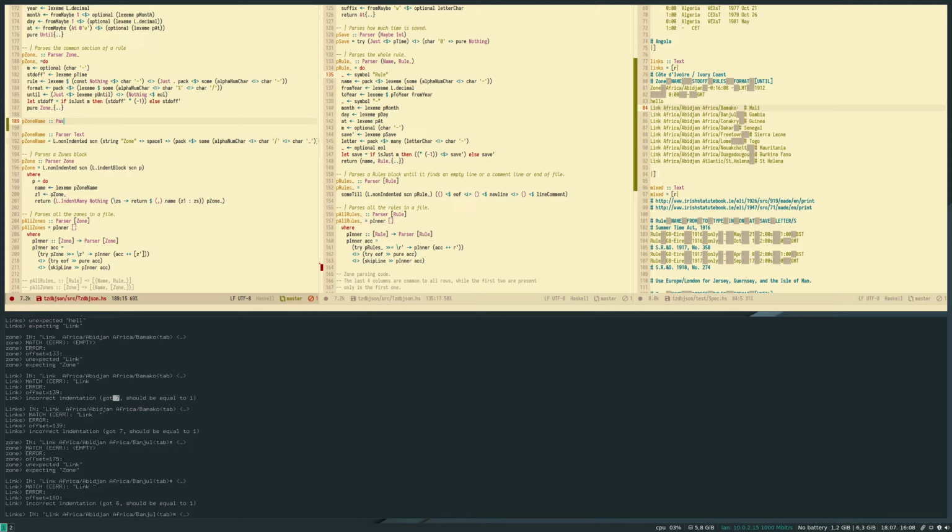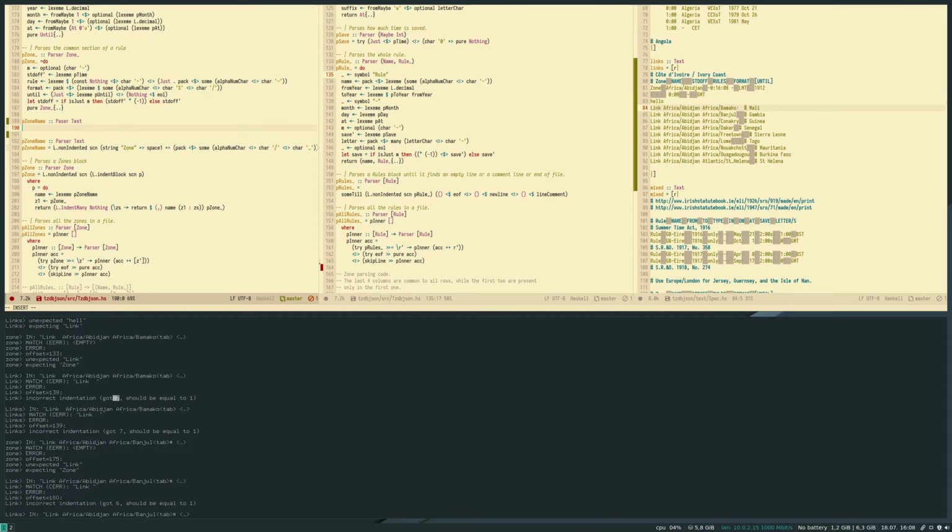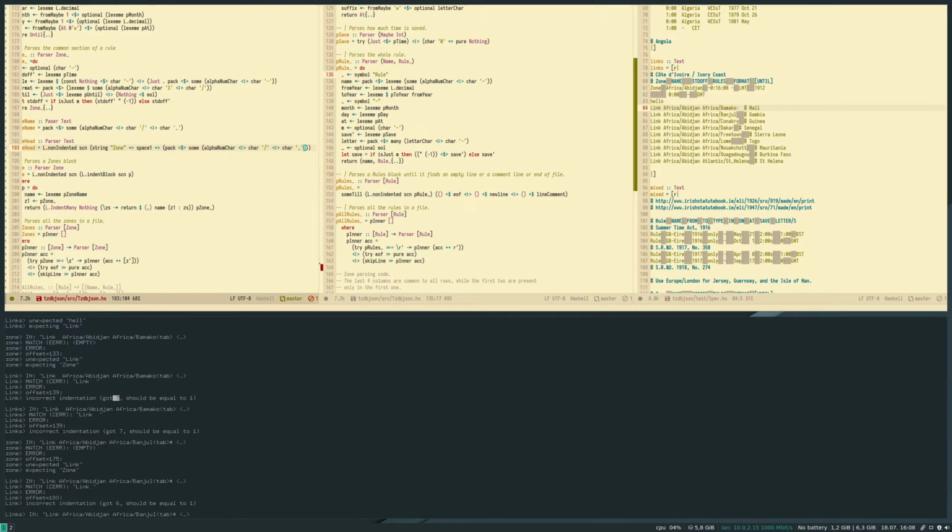So let's do this. Text name is just a pack of some alphanumeric chars, or this, or this. We call it this zone head, which does this.